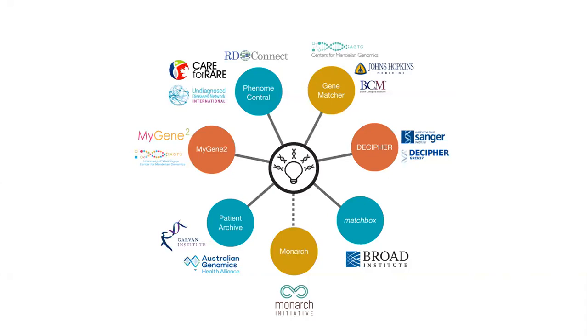We've now had several instances in our program where we found something we weren't really sure was pathogenic, but it looked awfully convincing, and ended up on GeneMatcher and made a match, and lo and behold, it was somebody who could have been a sibling of your patient, but was in another country much of the time. And we've had a couple of publications resulting from that, and I can tell you, actually, as editor of a journal, a lot of the cases we get are GeneMatcher or Matchmaker Exchange matches.